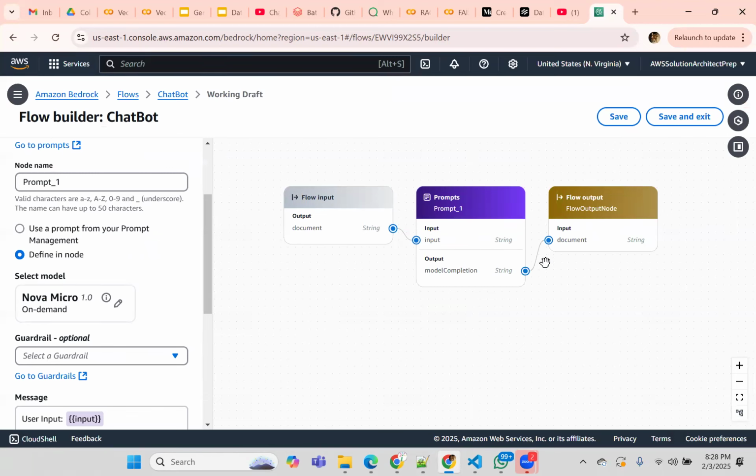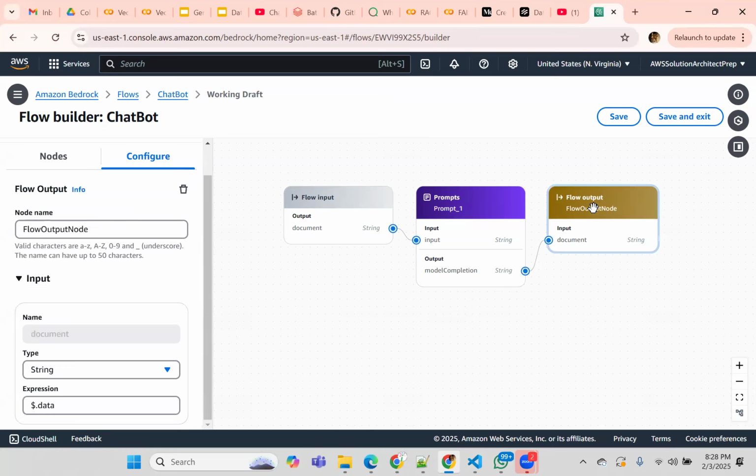So where is the output going? You can use another widget here, flow output, and then you can connect this output to the input. So it says expression data flow output node, and then you can just connect these two. So input, model, output. That's it. Okay, simple then. Now, if I save this,